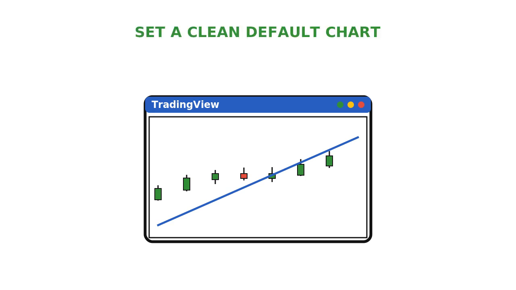Let's start by setting up a clean default chart, because you only want to do this once. Switch your chart to candlesticks, the format we learned to read, so every bar shows you open, high, low, and close at a glance. Turn on a logarithmic price scale, which spaces percentage moves evenly and keeps long-term charts honest, especially for stocks that have grown many times over. Pick a clean theme, light or dark, with a calm background and clear colors, and resist the urge to clutter